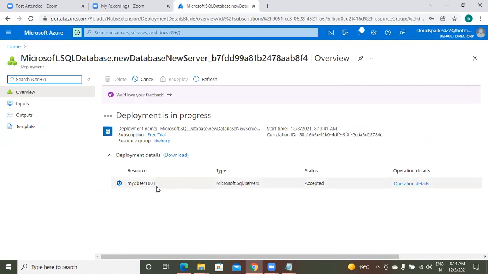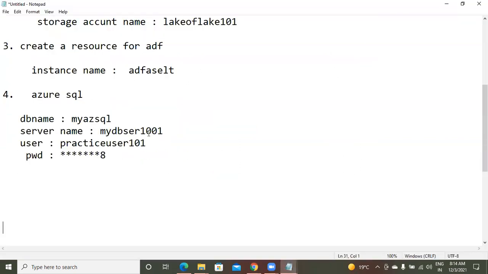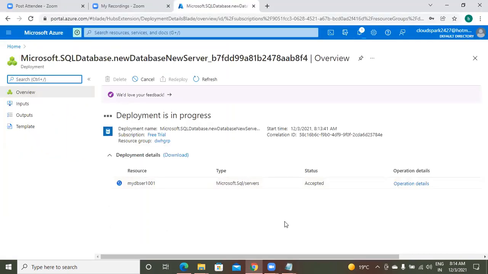Now about the database, the request is accepted here. Check the line. After that, the database server will be created. First the server request, then the database request, everything is created. Then you can start working with it. In this way, sir, without any additional installations, only by checking and selecting your options, you can configure and deploy any kind of resource in the cloud.